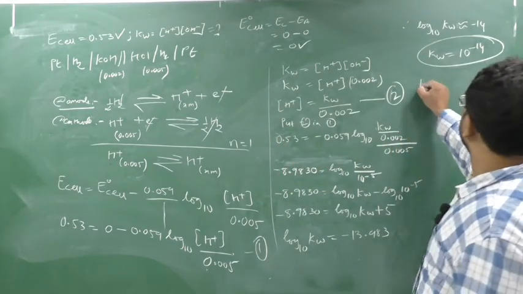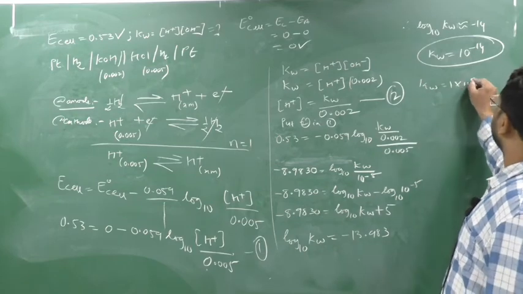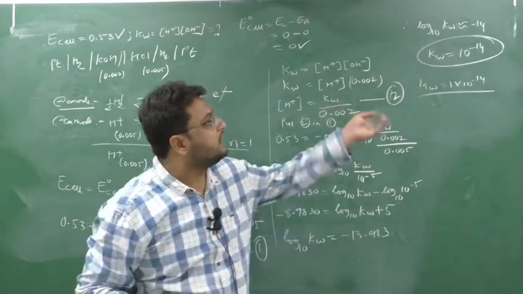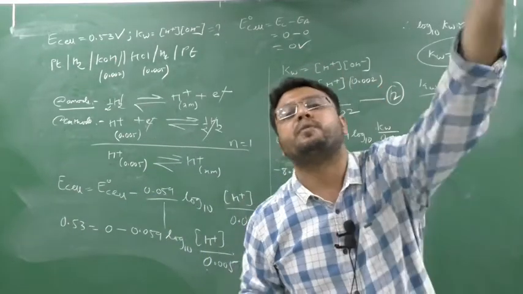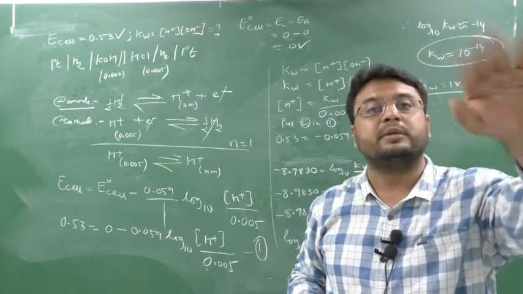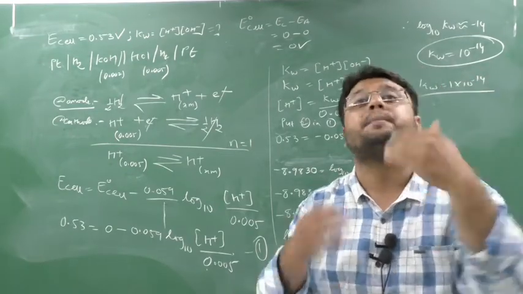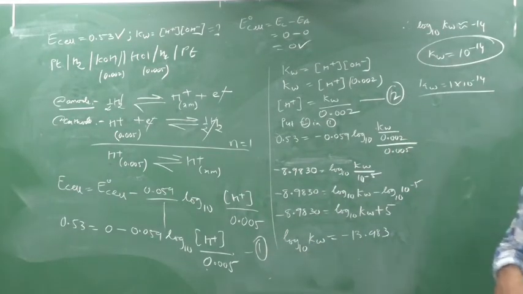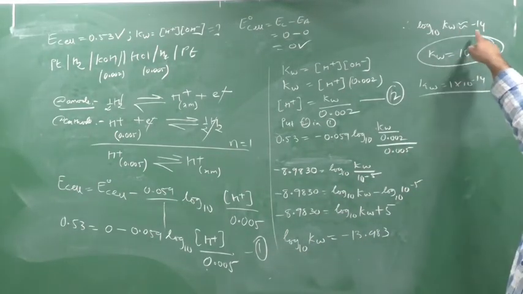So I can add Kw equal to 1 into 10 to the power minus 14, because log will go that side, it will be anti-log, and the anti-log of minus 14 is 10 to the power minus 14. Whenever you get an exact number, it will be in 10 to the power form, but if it is a point number, you have to take the antilog. When you come to the school, I will teach you antilogs in detail. Okay, so now there is an exact one number,